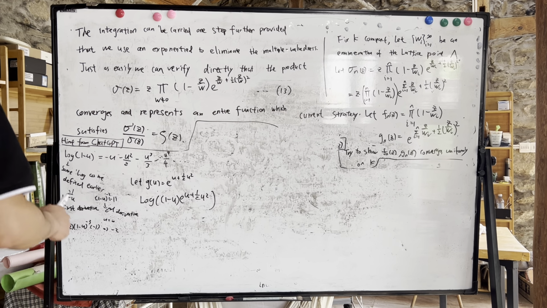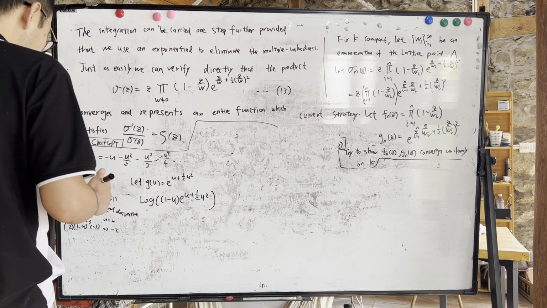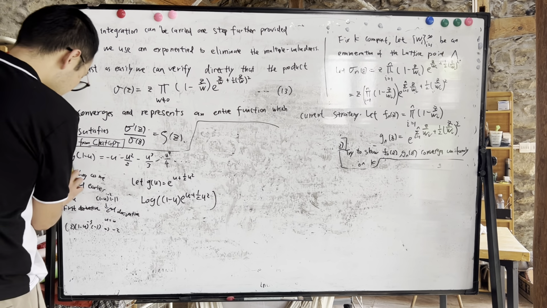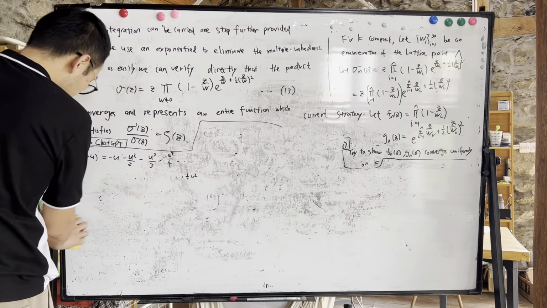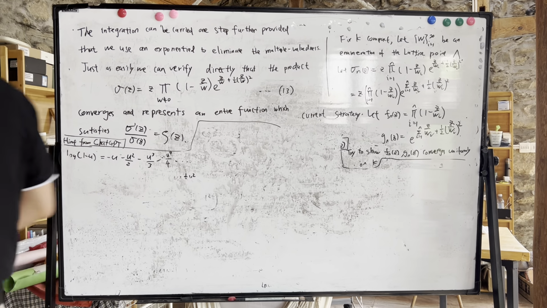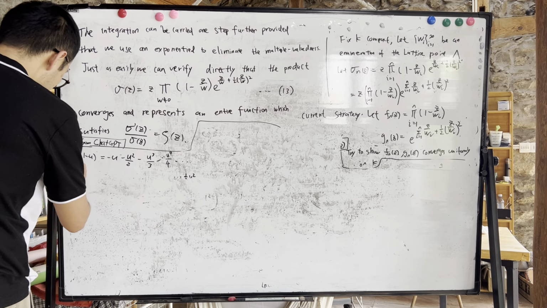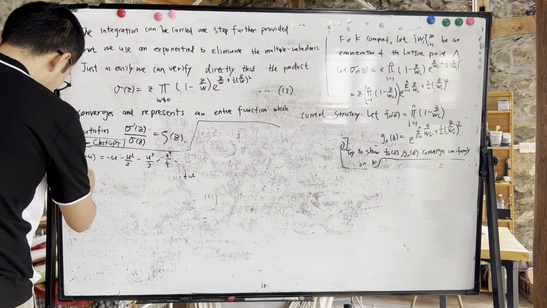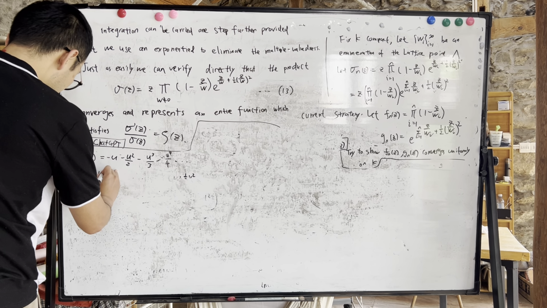Okay, so let's do that. So here he says that for modulus u less than 1, we have